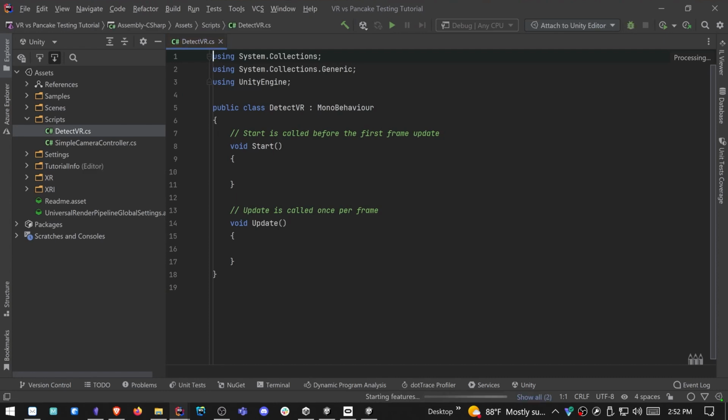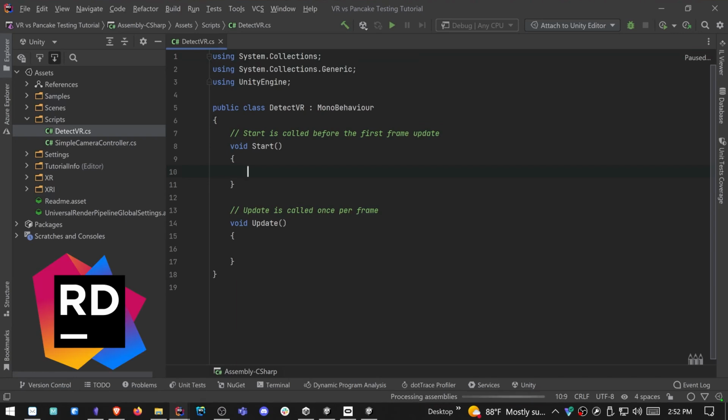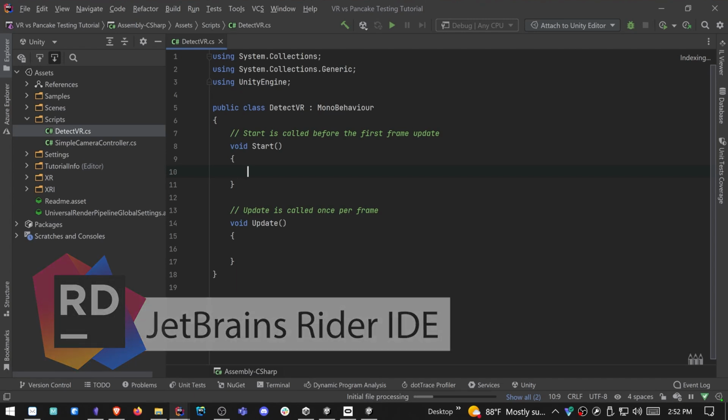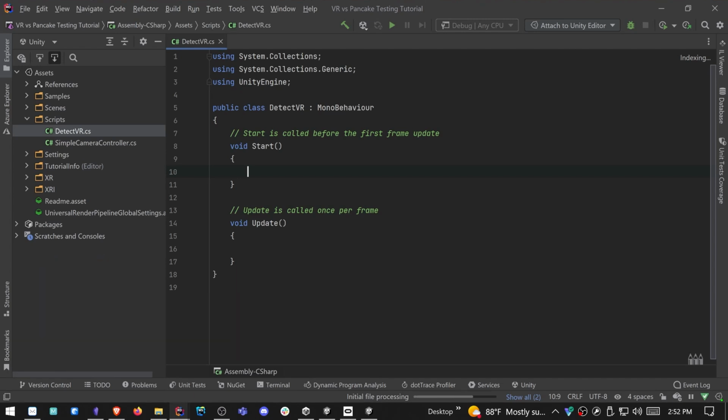We're going to wait for that to open up. I am using the IDE called JetBrains Rider, so it's a little bit different than Visual Studio or Visual Studio Code. You may see a little bit different coloring from the variables and methods and stuff that I write in, but all of the code is going to be the same. So the IntelliSense and coloring may vary a little bit, but the code should be exactly the same